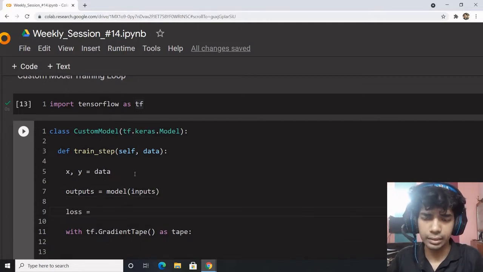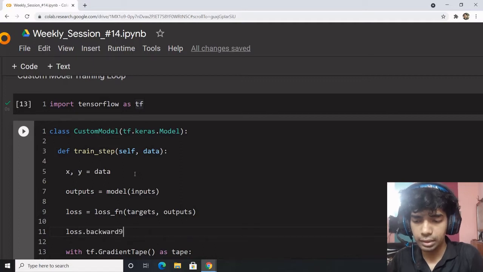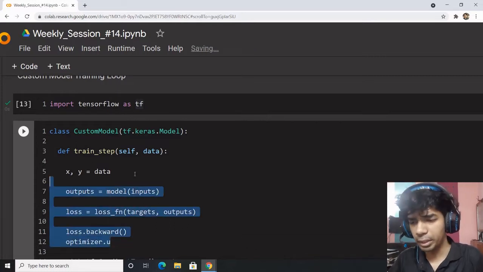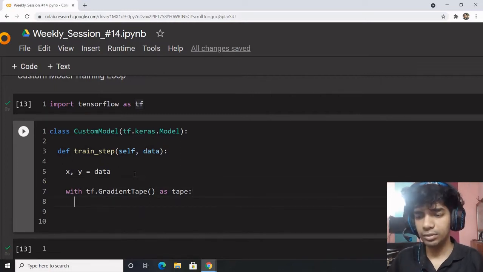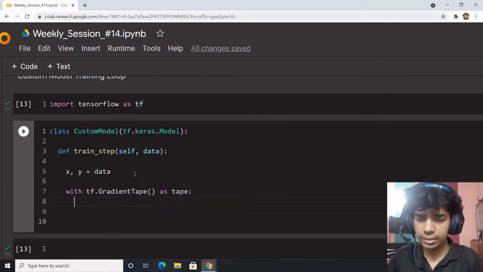Here you would pass the loss function, targets and outputs. Then you would do loss.backward, optimizer.update, or whatever those things are. But we are not discussing PyTorch over here. We are discussing TF. In PyTorch, you are actually doing everything from the very scratch. But TensorFlow also supports those kinds of low-level features, and if you want to achieve them, this is how you can do it.